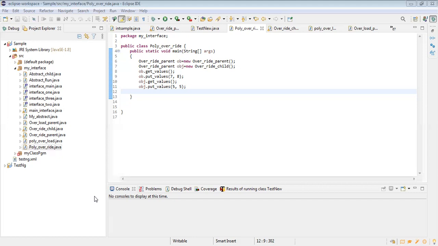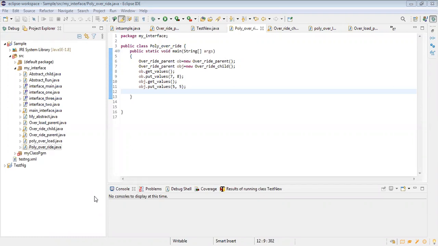OverrideParent is the class, and I am creating an object for that class. Here OverrideParent is the constructor for that class. Okay, what is the other word there? New. New is a keyword to create memory for those things. Where will it create the memory? In heap memory, it will store. Okay, that's good. So these are the characters for creating an object, right?